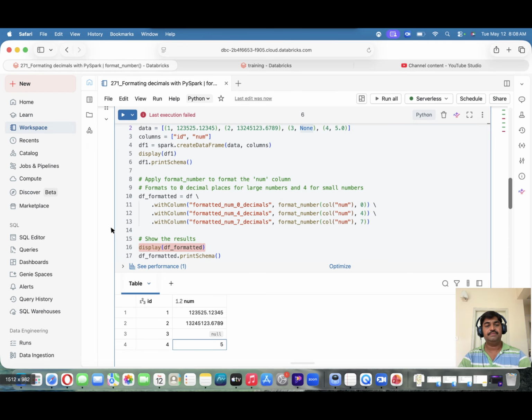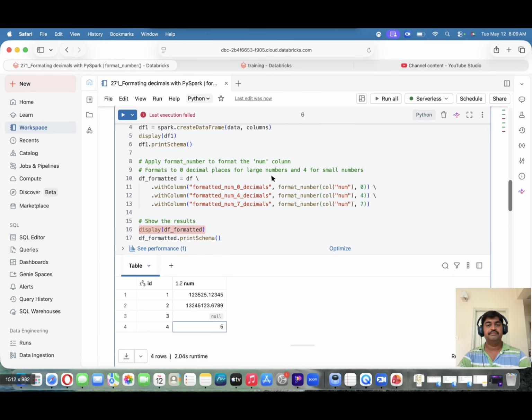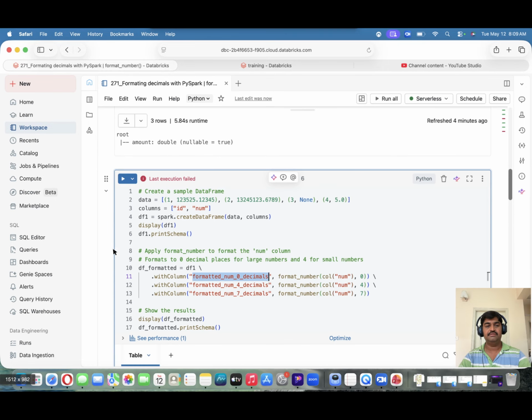So now on top of this, I'm applying the format_number function by using the withColumn method. I'm trying to show different decimals, so for that I gave different column names. On top of this initial data frame, first I'm adding a column, formatted number 0 decimals. So if I rerun this one,